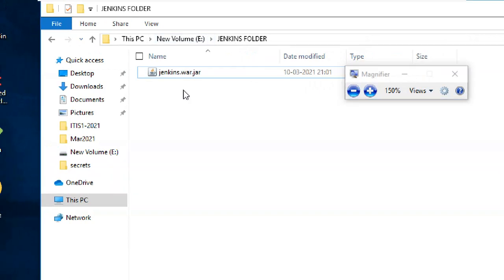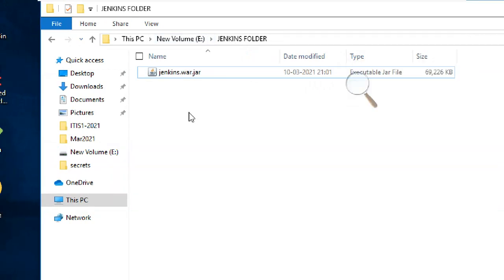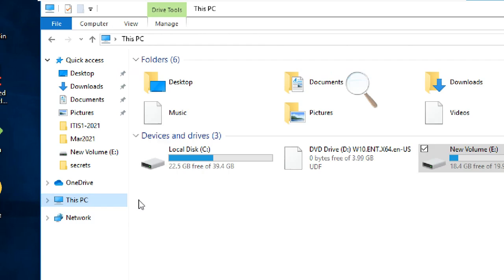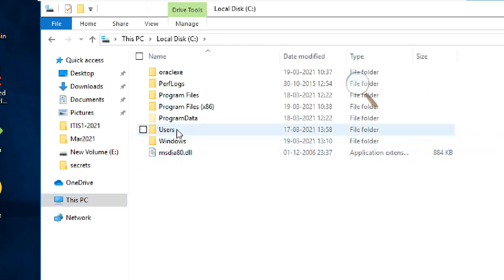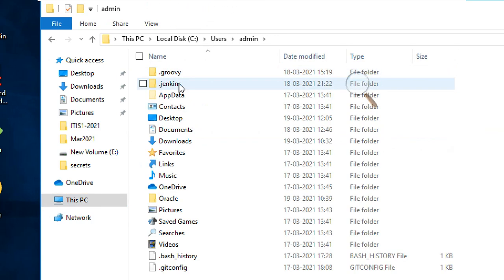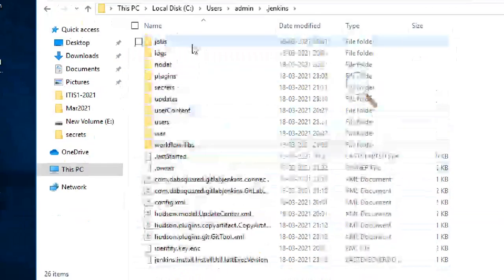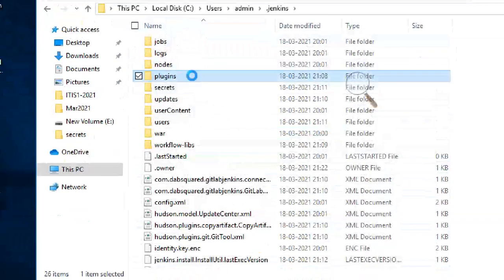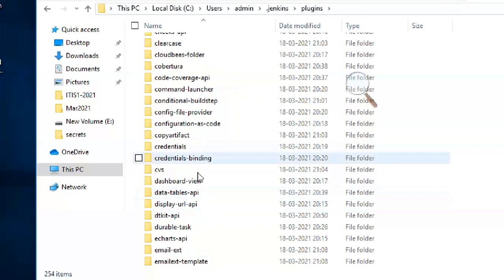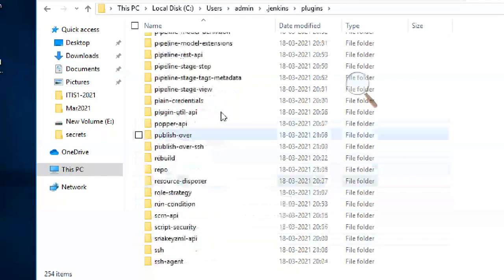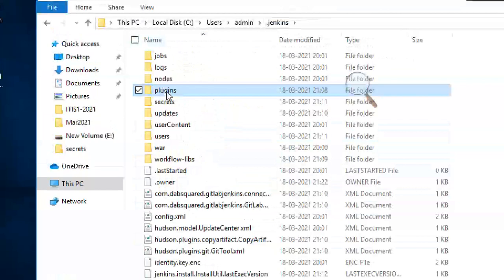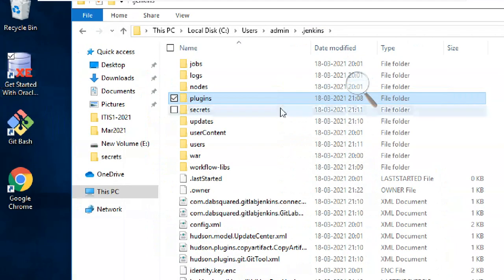Can you see this is the Jenkins folder? I'm not installing, guys; I already installed it. If you want to see it, go to C drive, Users, admin, .jenkins. This is already installed, and if you see the plugins, I installed all the plugins. Everything is installed, and I put in an admin as well.